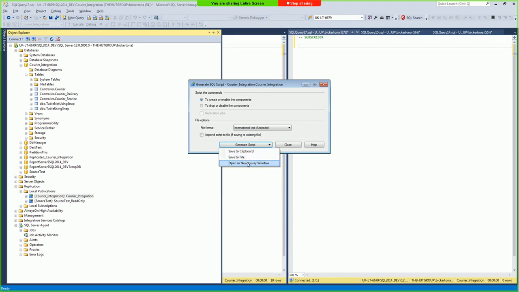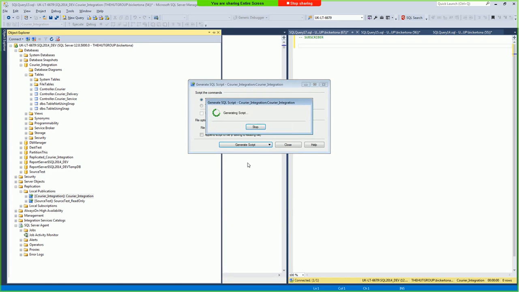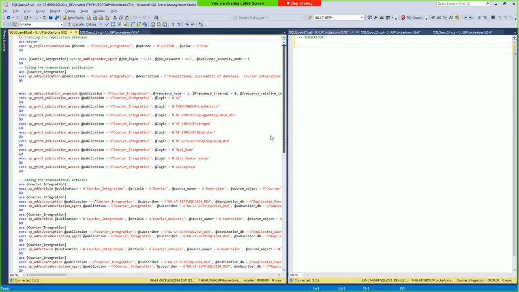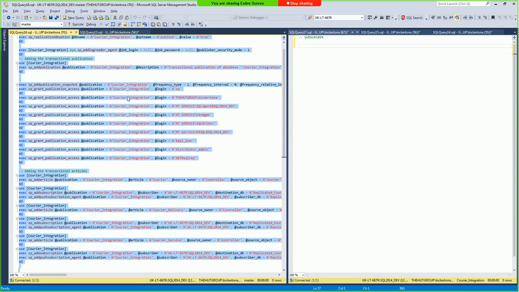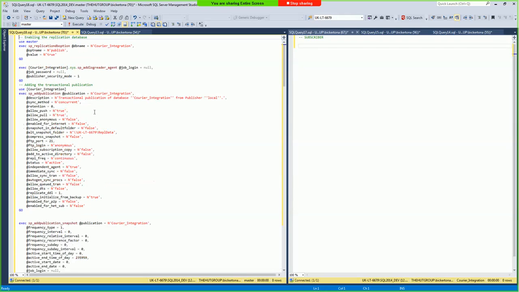So if we open that in a new query window, we get this lovely block of text. Now I'm just going to quickly reformat this so that it's easy to read. A pre-prepared version. There we go, it's a bit easier to read. Now this has got a lot of stuff. Don't run it straight away, because you'll get lots of errors, because it also starts agents and things like that which are already running. Now the bit we care about